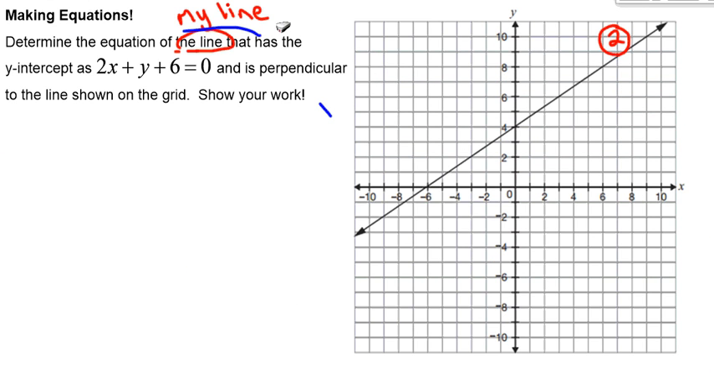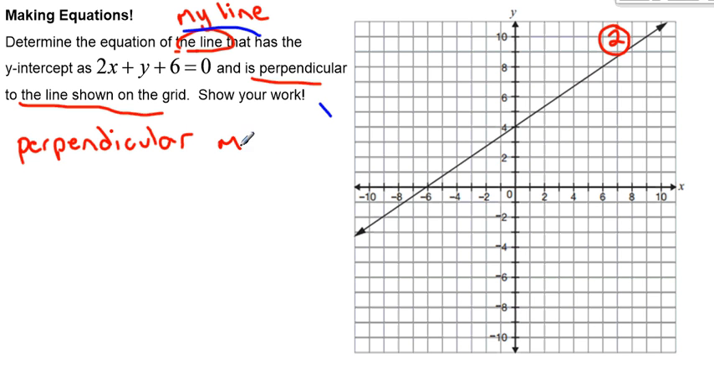So what do I know about line number 2? Why is it important? What we're told is that my line is perpendicular to the line shown on the grid. So here's the line on the grid, and my line is perpendicular. So what does it mean to say that two lines are perpendicular? Perpendicular, my favorite 13-letter word, means that the slopes are, and we use negative